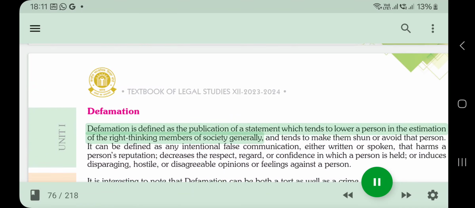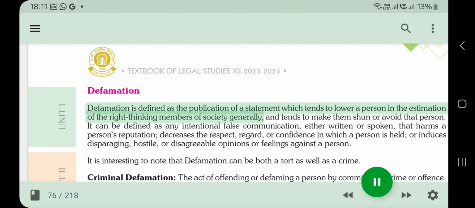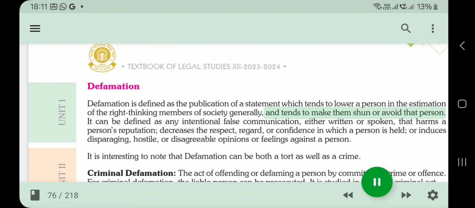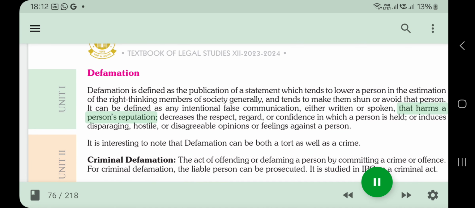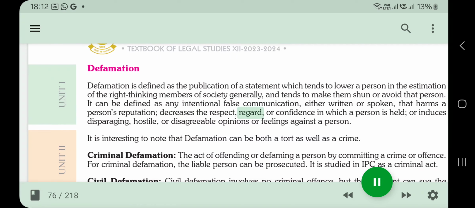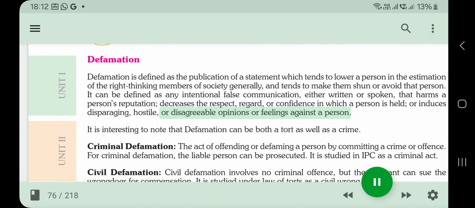Defamation. Defamation is defined as the publication of a statement which tends to lower a person in the estimation of the right-thinking members of society generally, and tends to make them shun or avoid that person. It can be defined as any intentional false communication, either written or spoken, that harms a person's reputation, decreases the respect, regard, or confidence in which a person is held, or induces disparaging, hostile, or disagreeable opinions or